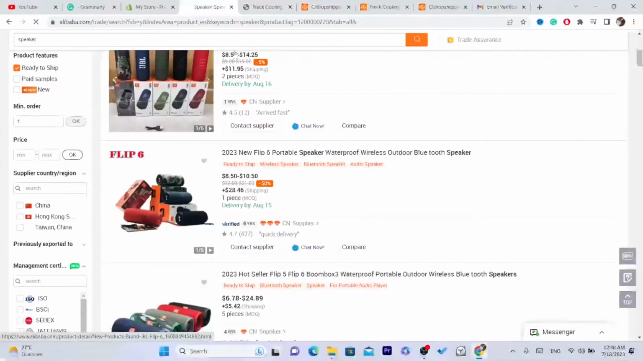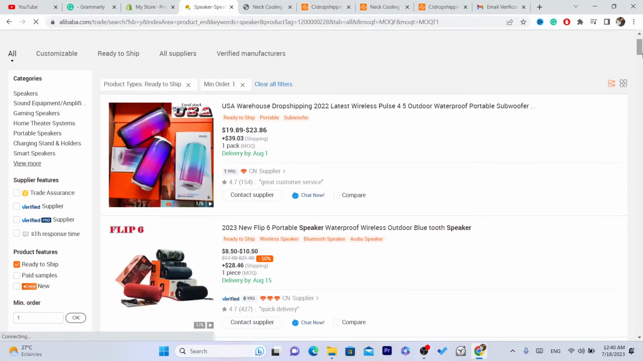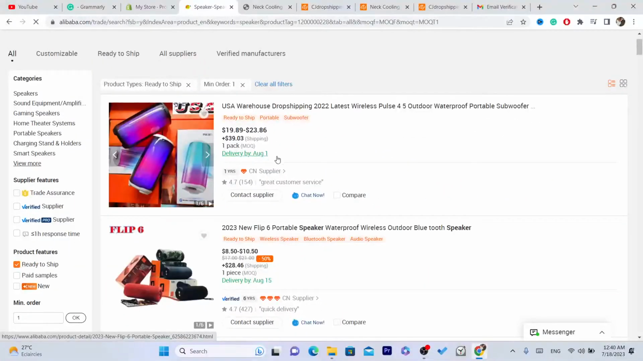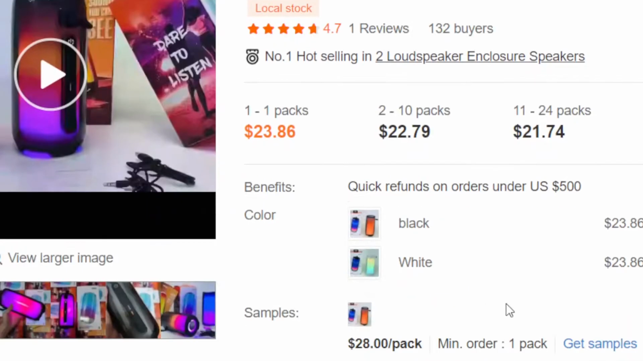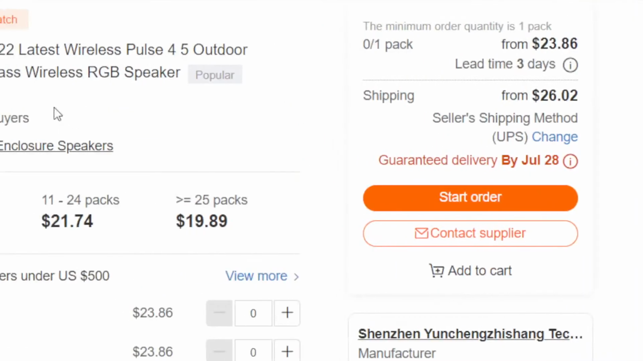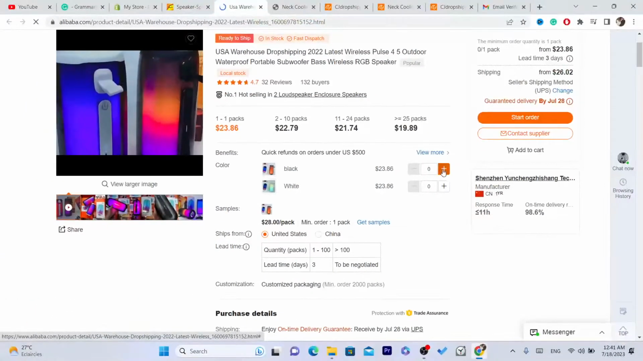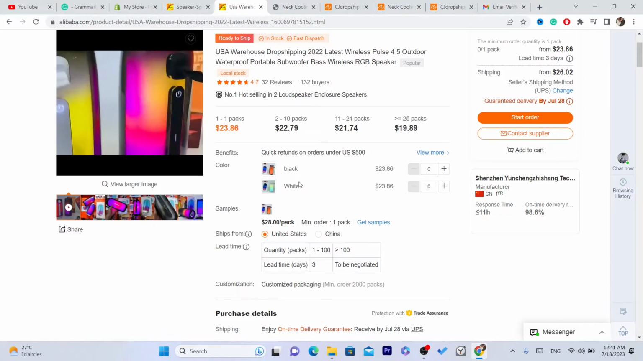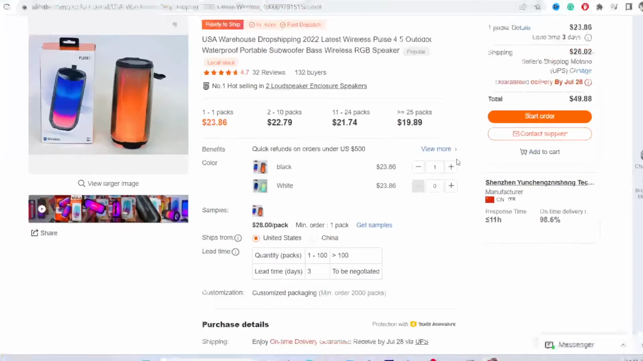You want to click OK, and here as you can see, all these products offer one piece minimum, so you can buy this product without any problem. You just select which one you want. There are 2 different variations here, black and white. Select which one you want to add, click this plus,